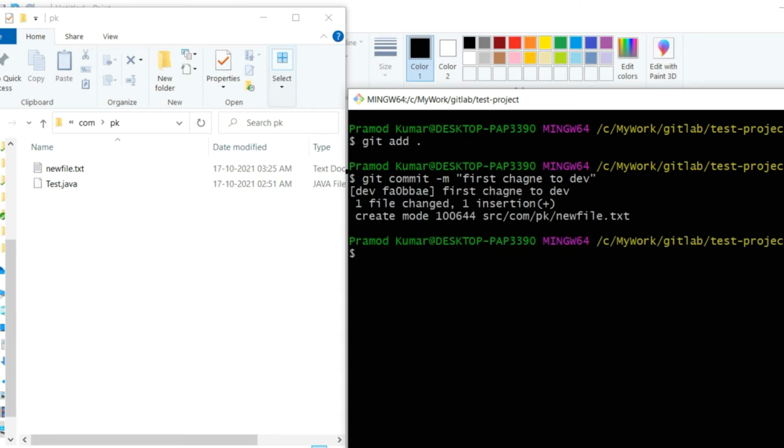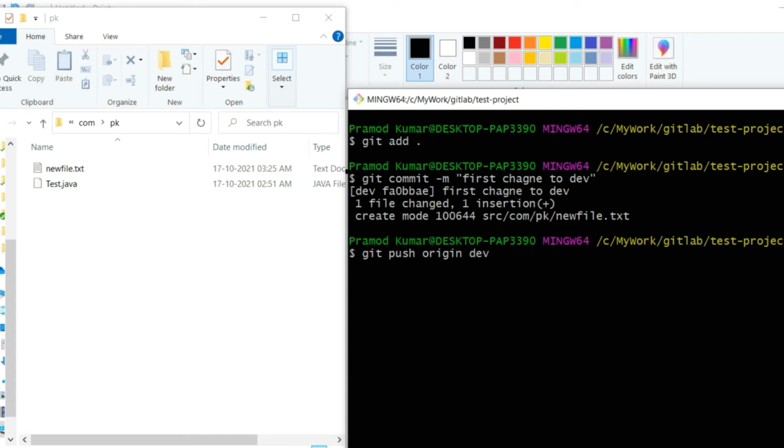Okay, and now I'll push the changes with git push, but this time I wanted to push the changes to my local repository as well as to the remote repository. Till now all the changes have been added to my local only, so I will push it to the remote repository. I will use git push origin and the name of my branch, dev.